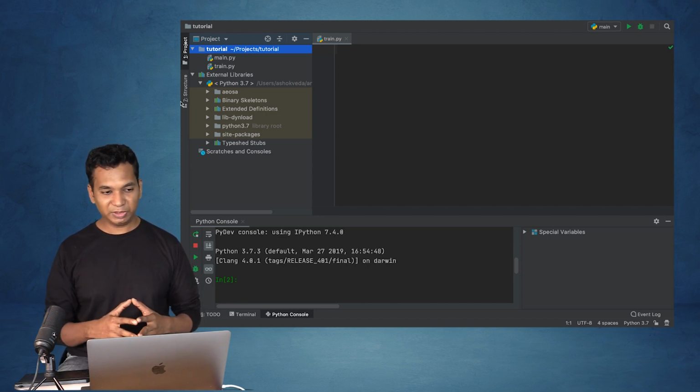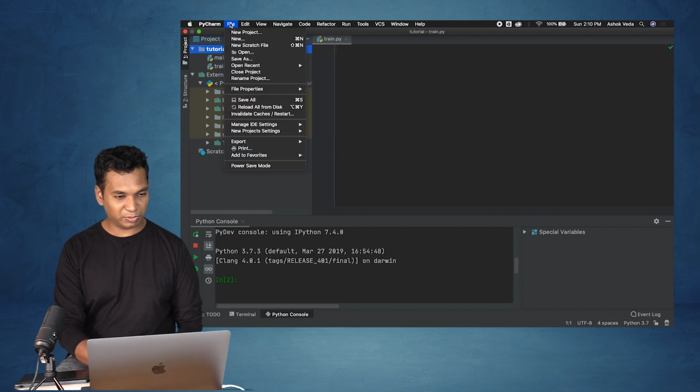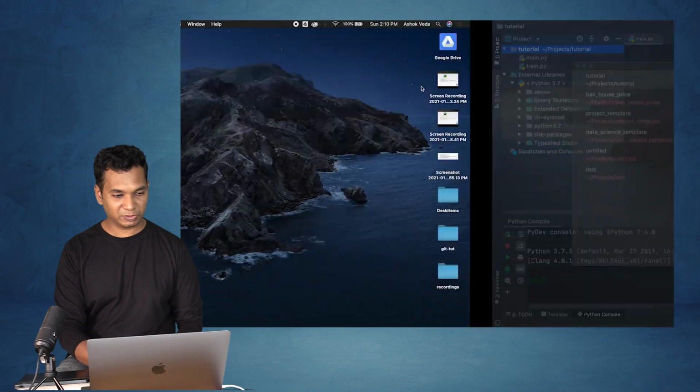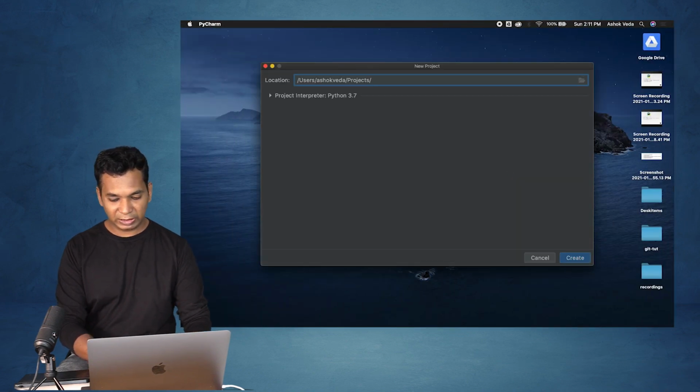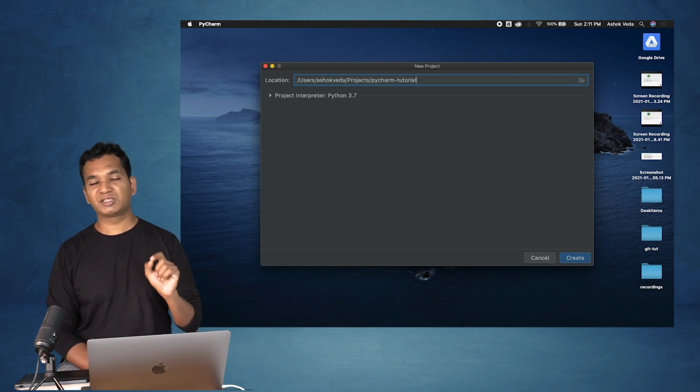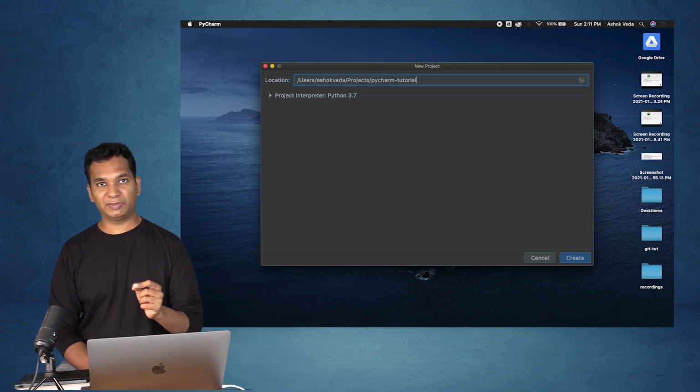How do you do the clean environment? So I'm going to close this project right now and start up a completely new project, so it will be easy. I'm going to say create a new project. I'll call this PyCharm tutorial. Another tip, never use a space or anything in your file names nor your folder names, because it becomes